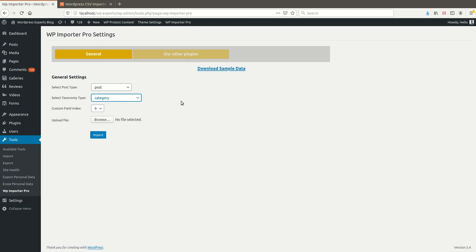On the basis of a custom post type, you need to choose the valid custom taxonomy. You need to take care about it. If you choose the wrong taxonomy, your post can be assigned to a wrong taxonomy category, and then everything will conflict. So you need to take care that you have selected the correct post type and the correct taxonomy as well.